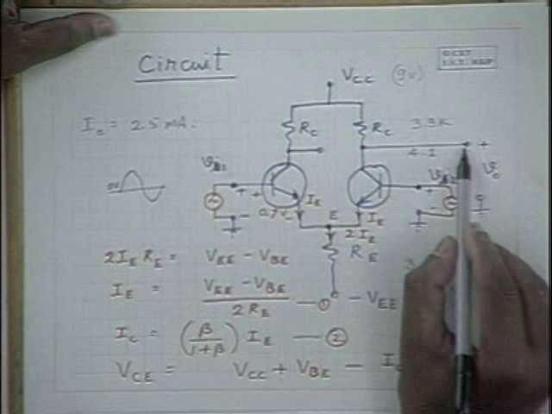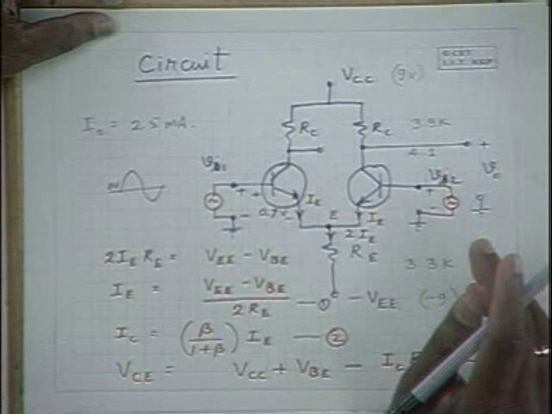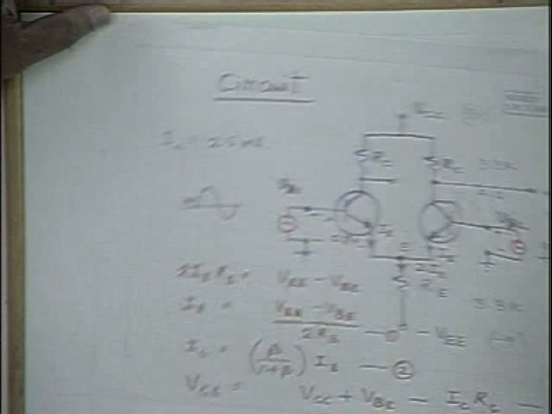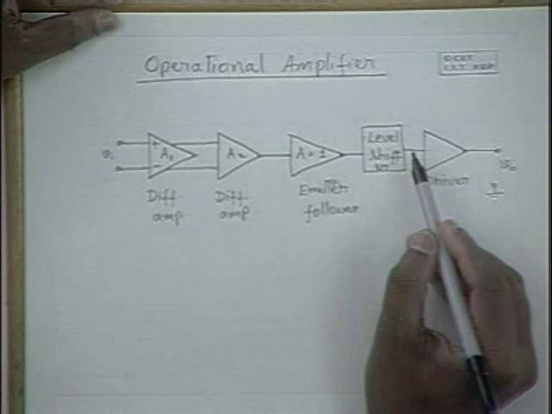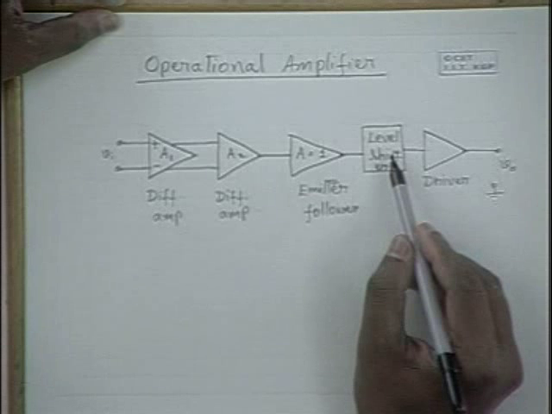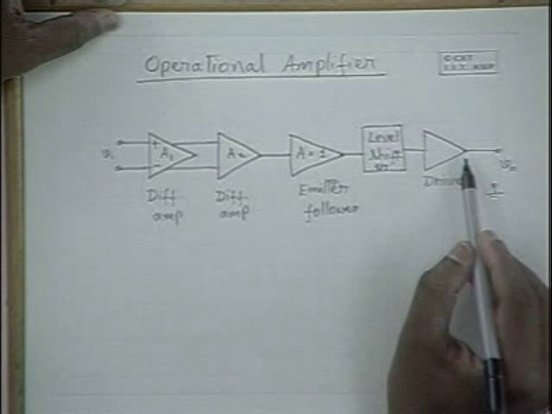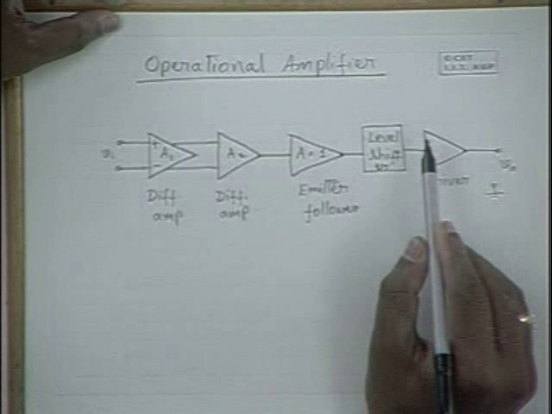But as far as the amplifier is concerned, we want the output to be biased at 0. Then how is it possible? It is possible only through a voltage level shifter. You have to subtract some DC voltage. Whatever DC voltage you get here, you have to subtract that and see that the output stage's Q point is biased around 0 volts. So that's why we need a level shifter, and the level shifter is followed by a driver,